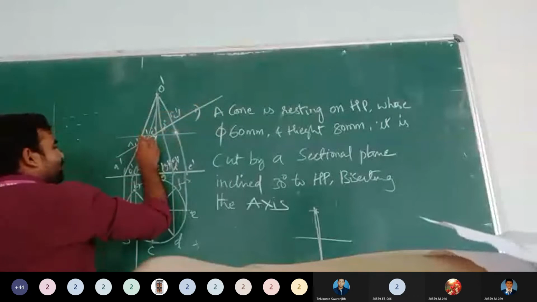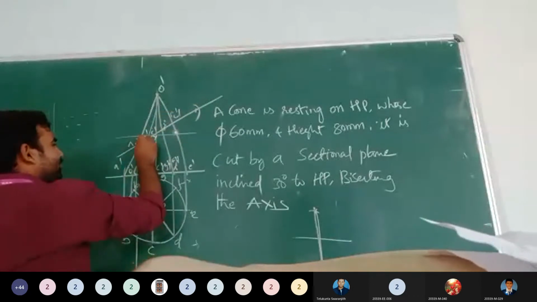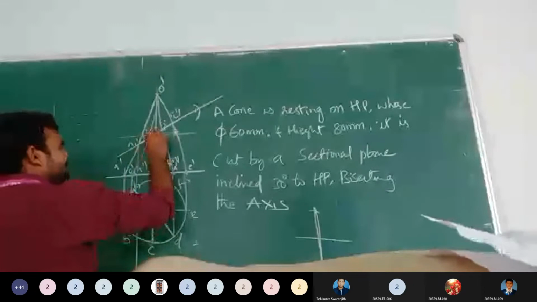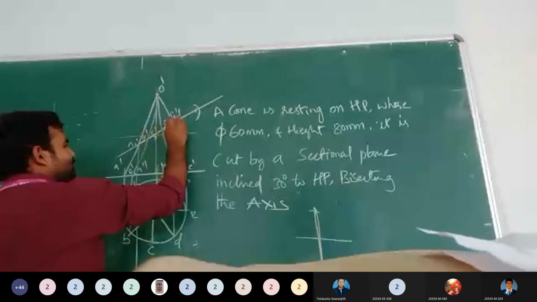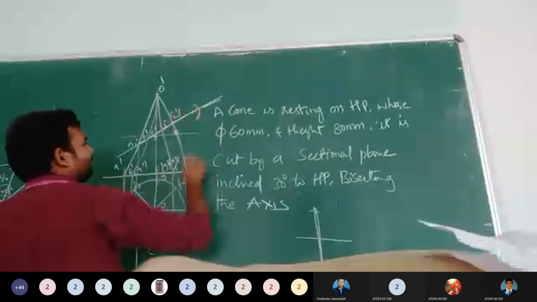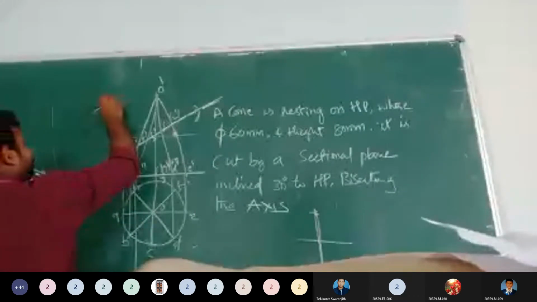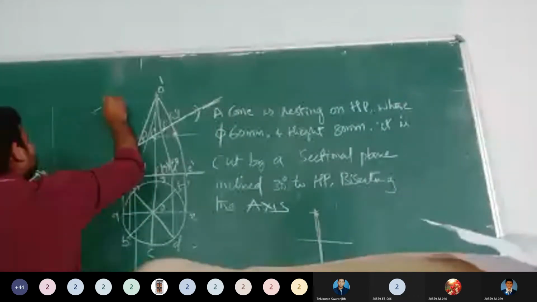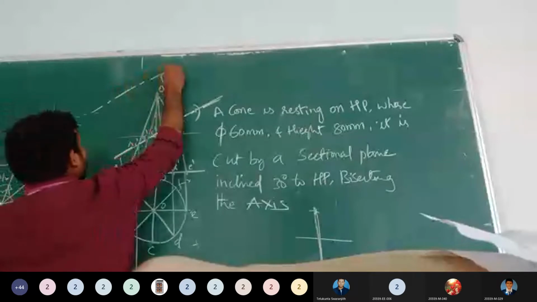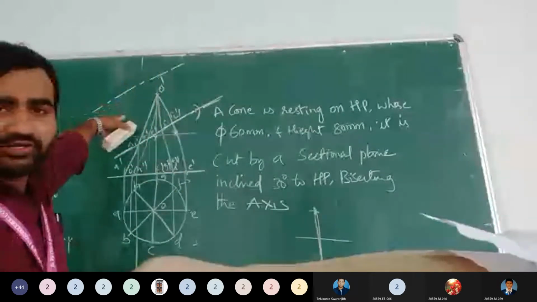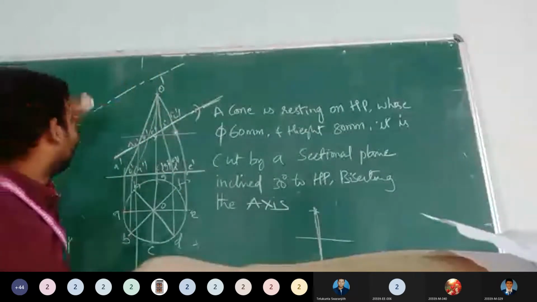This is your sectional plane. To indicate the sectional plane, you have to draw one large and one small, one large and one small, like this. This is to indicate your sectional plane. See like this. One large, one small, one large, one small, one large, one small. Like that you have to denote the sectional plane.